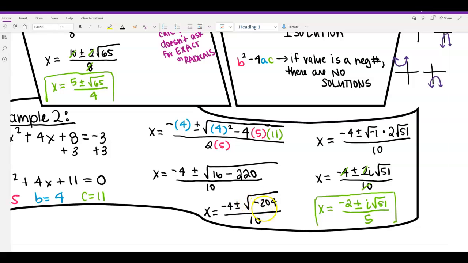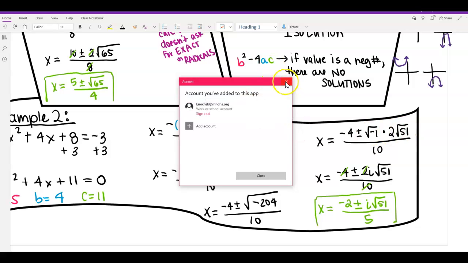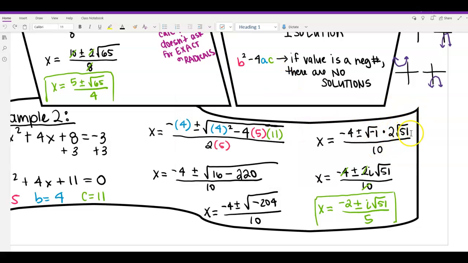So I'm going to go ahead and take that square root of negative 1 out, and then I simplified positive 204 to be 2 radical 51. Remember, that's find all the numbers that multiply to 204, and then go through and find any pairs and move them to the outside. Okay, that square root of negative 1 turns into an i, so now I have 2